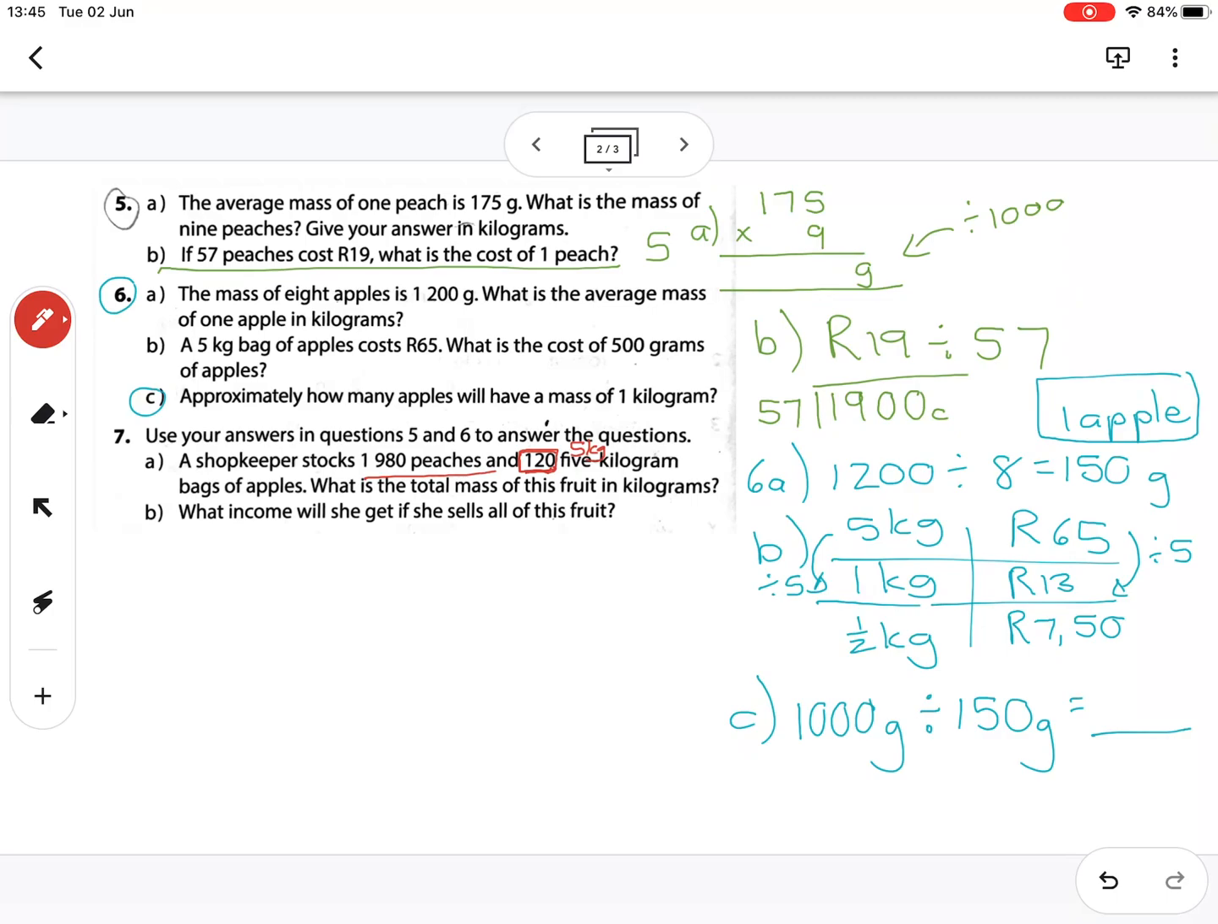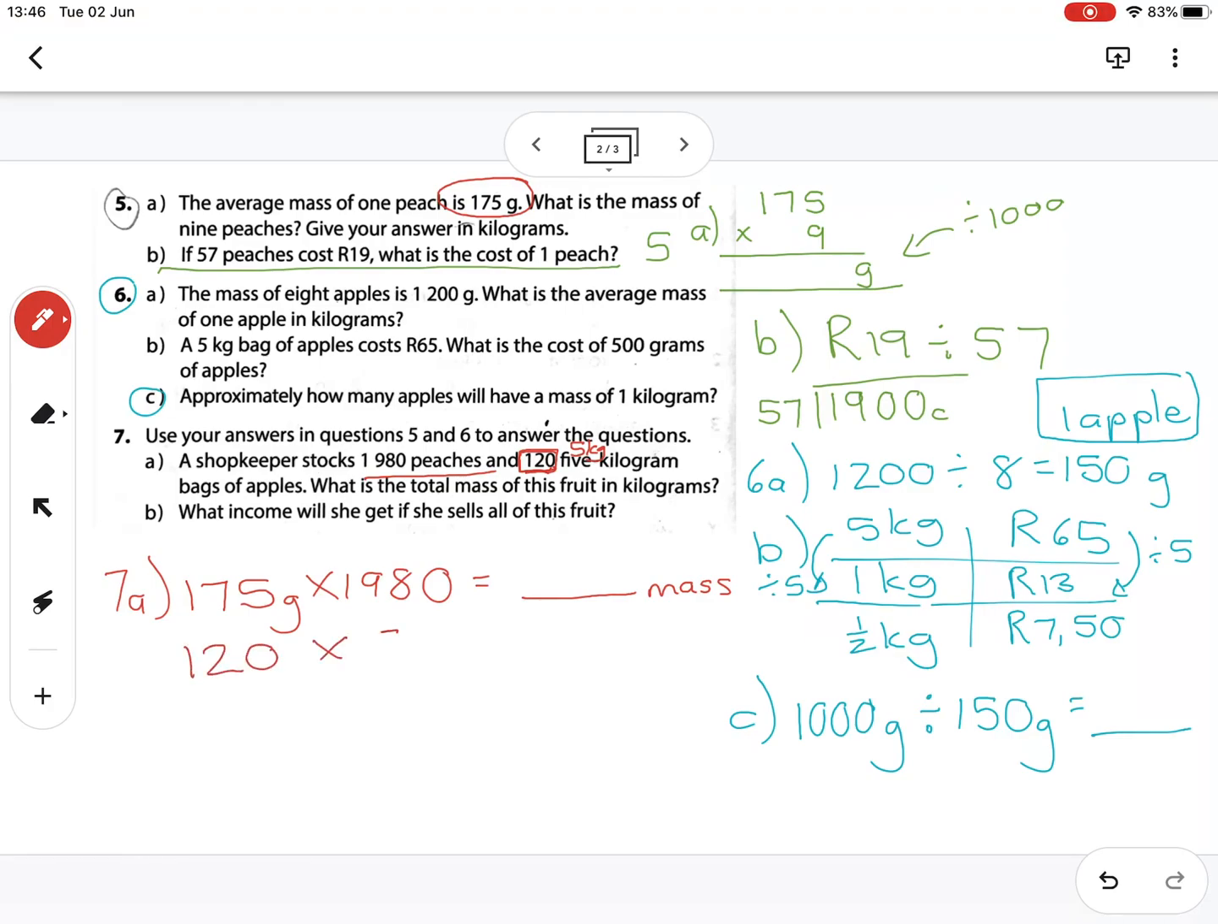So we'll need to look back at what was the mass of one peach, and it's given the average mass of one peach is 175. So I know at 7a I'm going to take the 175 grams and I'm going to times it by 1980. I need to do that to find the mass of the peaches. I need to say peach mass. There we go. And then I also need to do